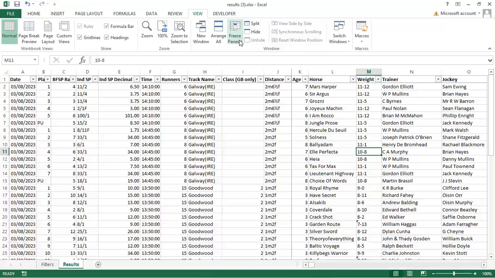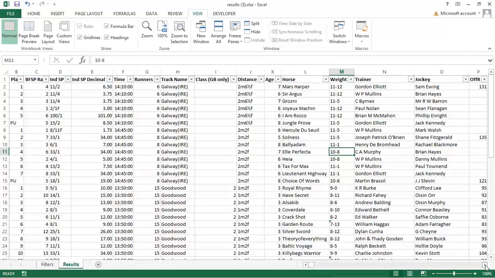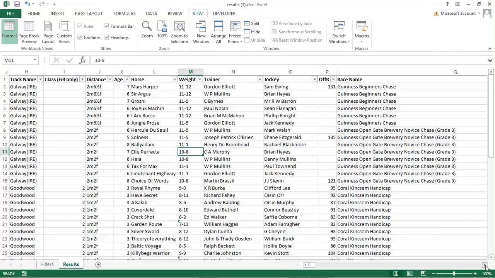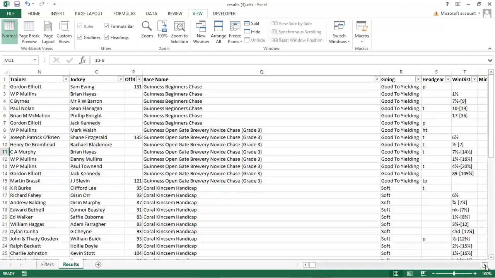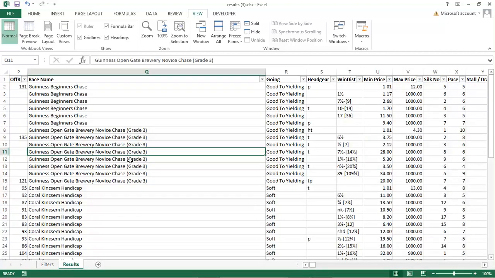I'm just going to unfreeze these panes so we can scroll across to the right hand side. We've got the weight, the trainer, the jockey, the official rating of the horse, if applicable, the full race name, and again that's pulled direct from Betfair, so it's not something we have stored. We have the race type, but we don't have the race name because, and I'll tell you why,